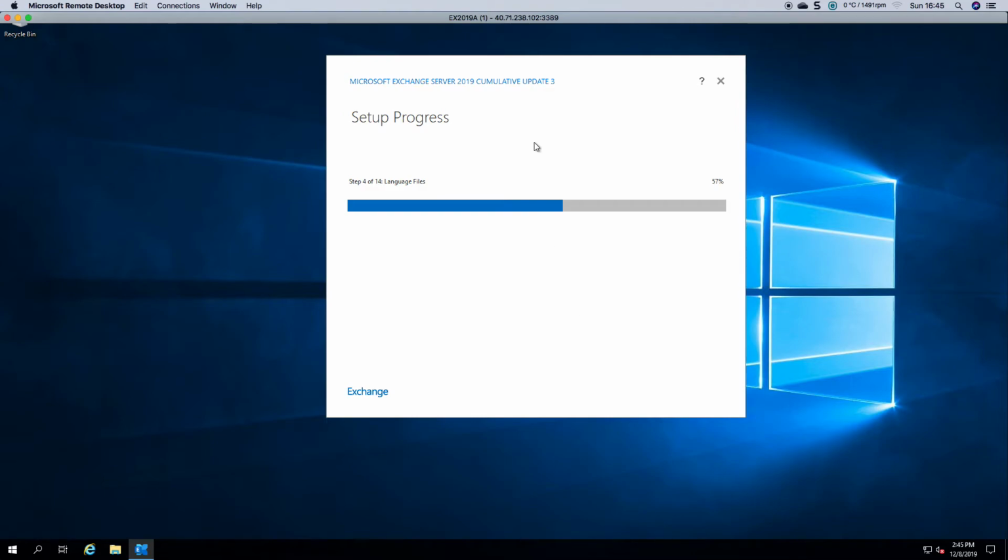You might be wondering why I'm doing CU3. Since 2019's release, there's been quite a few fixes and changes in Exchange. I generally like to stay one version behind the latest one, but with the amount of things that are changing here, and because it's still new, and there's no Service Pack 1 released yet for this, I generally try to update to the latest. Obviously it's a risk because you don't know what new things you're introducing, but